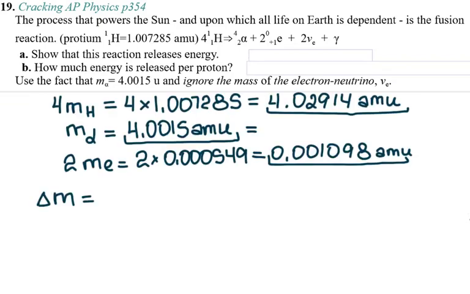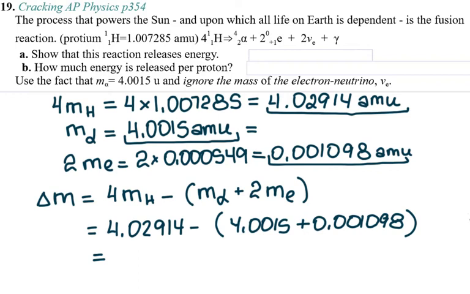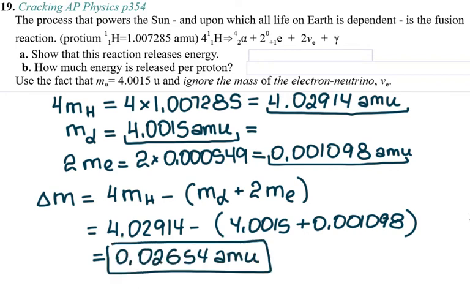So here I did the calculations that I need to do: the mass of the 4 protium atoms, and then the mass of the alpha particle and the mass of the electrons, and now I'm going to subtract them, and I will get